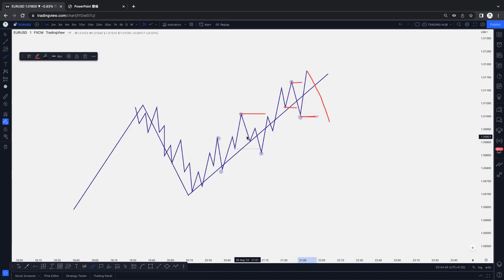US30, NAS100, you can see this thing, and I'm making a video about this concept, to teach how you can refine your valid inducement and change of character. Because a lot of people are confused about inducement. Okay, so I will upload it as soon as possible, but it takes a little bit of time, because I want to deliver some actually good content. I'm not taking any decision in a hurry.